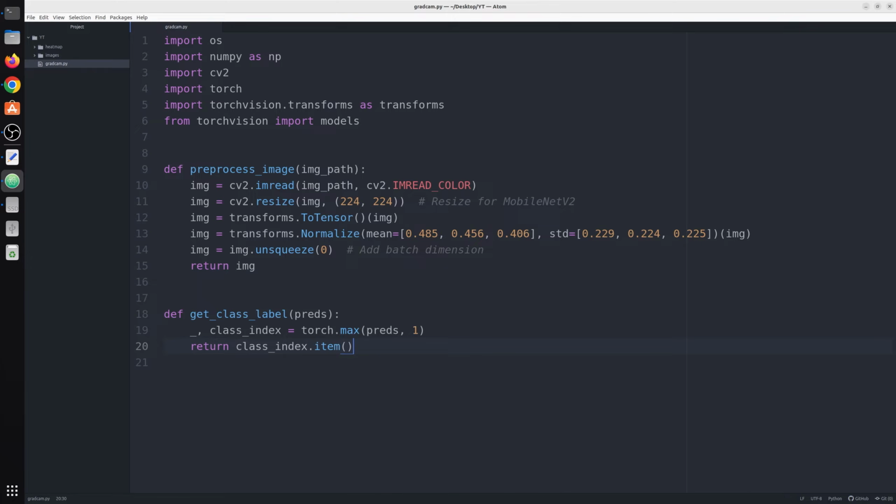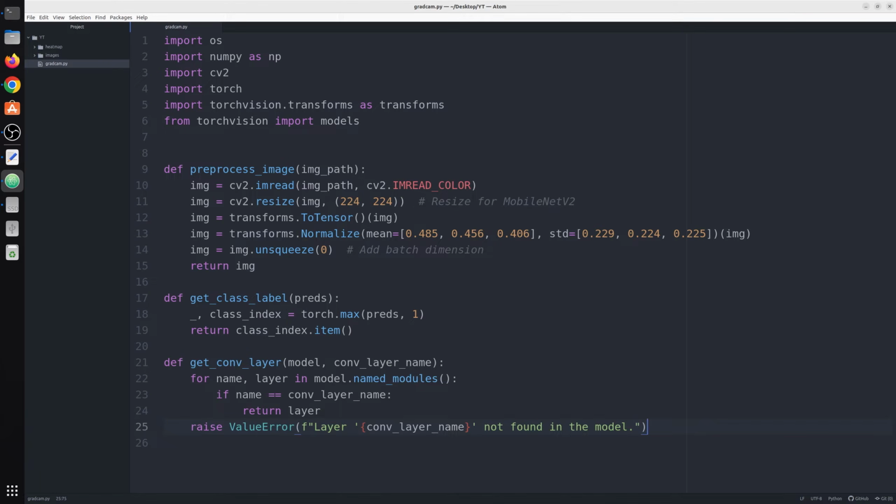So what this function simply does is take the model prediction, specifically from this MobileNetV2, and give you the class index. I think this function is really simple to understand and I hope it won't take much of your time to get it. Next, we have another function which we will use